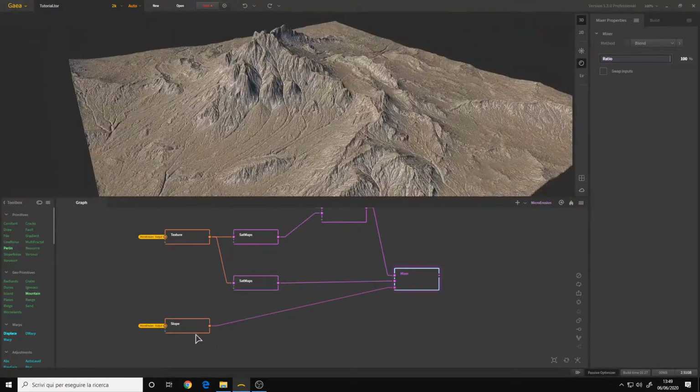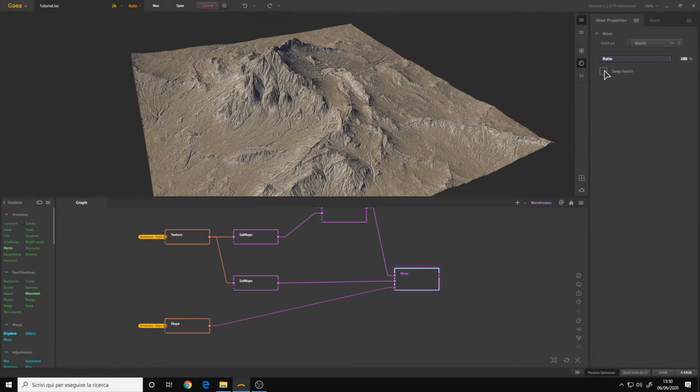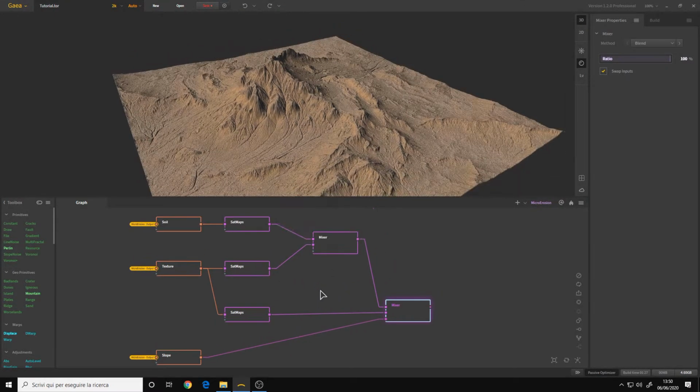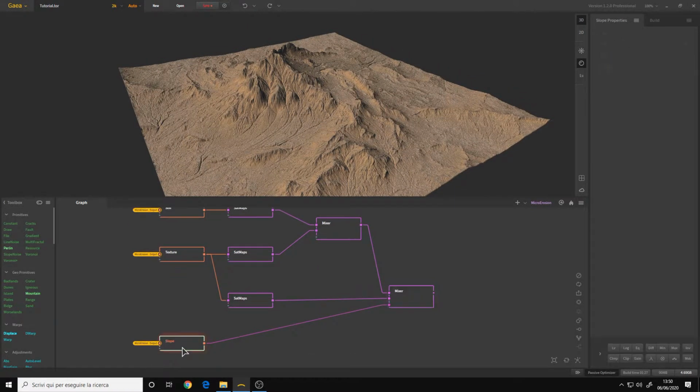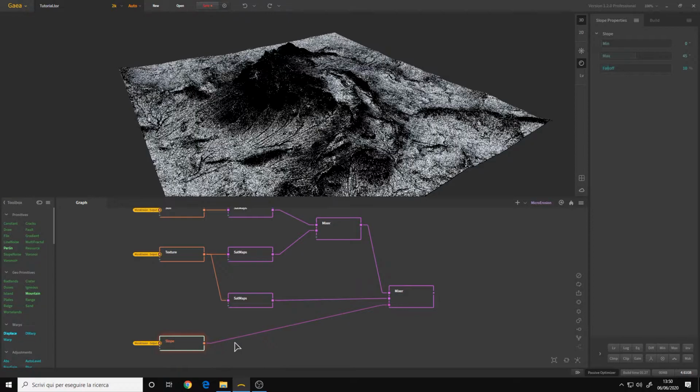Now let's try inverting the slope, swap the inputs, and yes, as you can see, it is masked because we have this slope that is connected to the mask